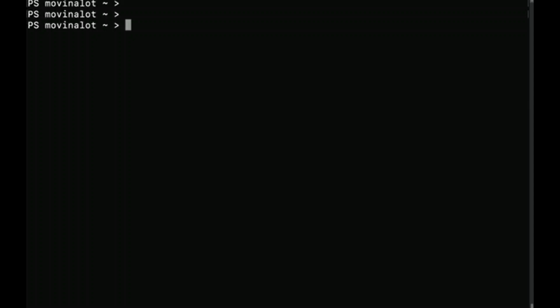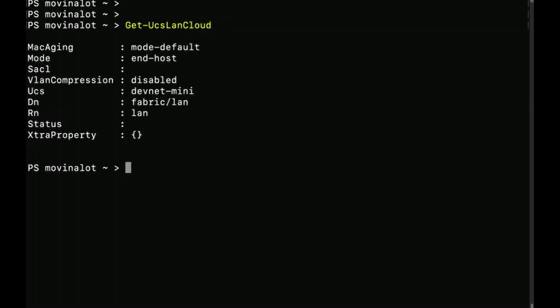So for example, a VLAN. VLANs live under the UCS LAN cloud. So if I get the UCS LAN cloud, I get an object back. That object is the LAN cloud where VLANs go for Ethernet VLANs. This is where they go in the object model. So I need to tell Add-UcsVlan